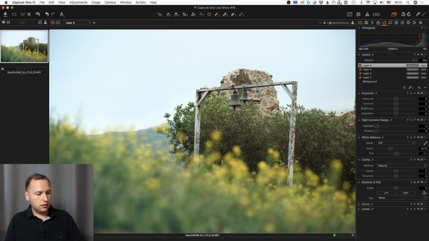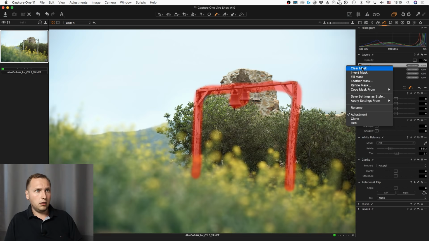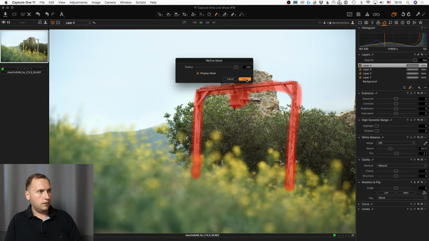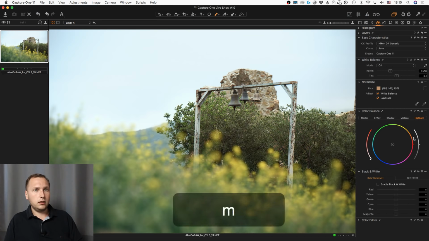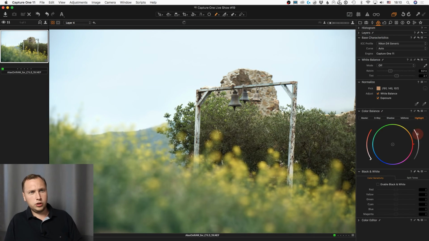And the final touch, I will draw a mask over these bells. Refine this mask, like this. And let's see what we can do there. Yeah, I just wish to add some visual accent on this particular place in the image. That's why, yeah,